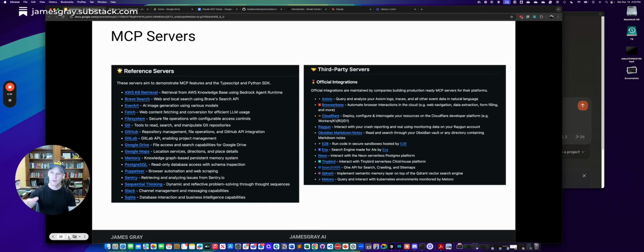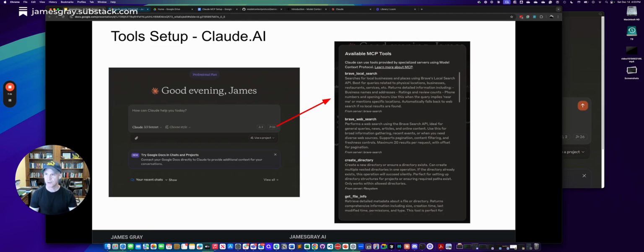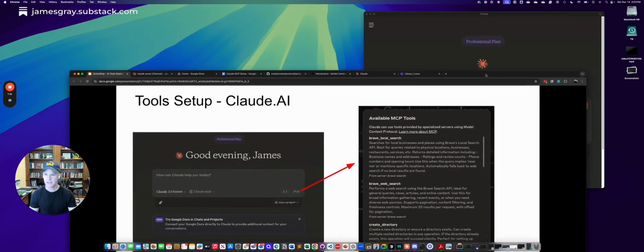But here's an example. They came out two weeks ago with this reference implementation, which is what happens when new protocols are created. You can see on the left there, these are out of the box services that we can plug in to the Claude desktop. Things like Brave Search, Google Drive, Google Maps, and Slack, which all of you are probably familiar with. And then third parties are obviously building on this and extending this so that their application is accessible through these services. And so I'm going to take you through, well, how does this actually work?